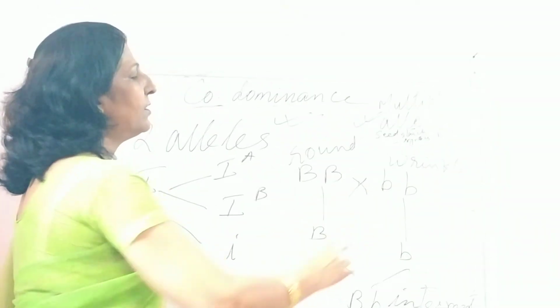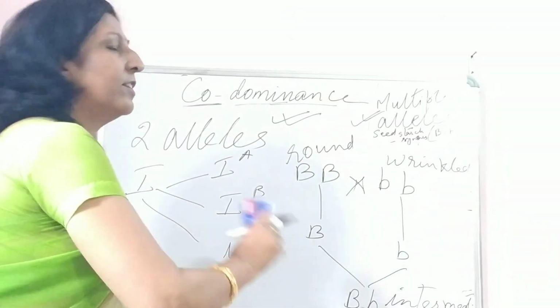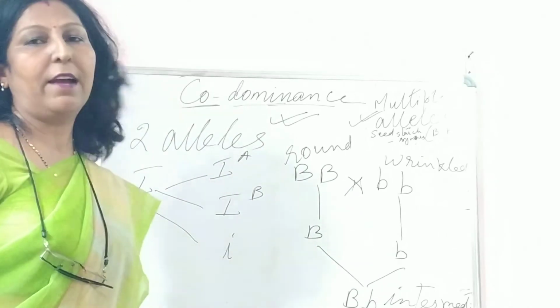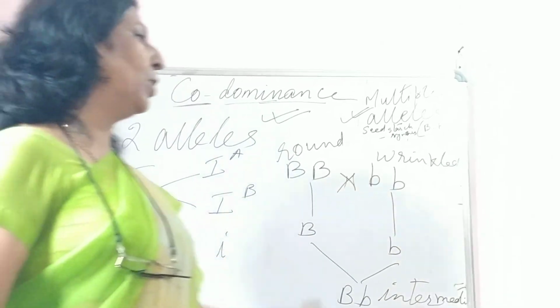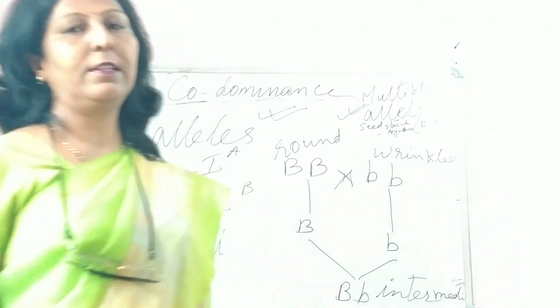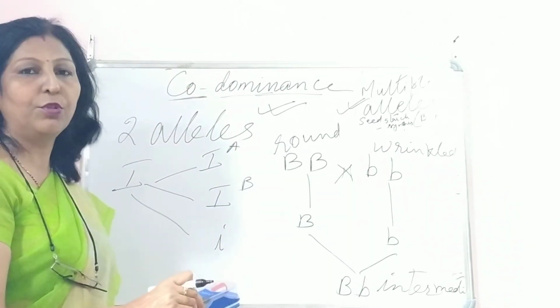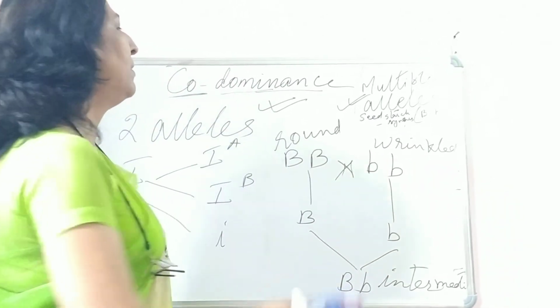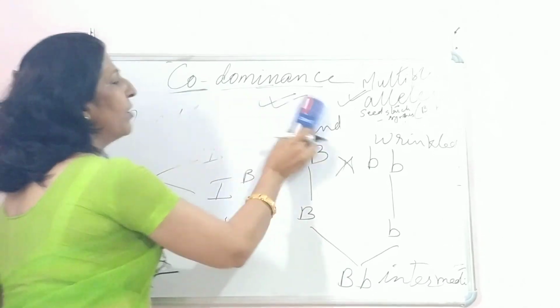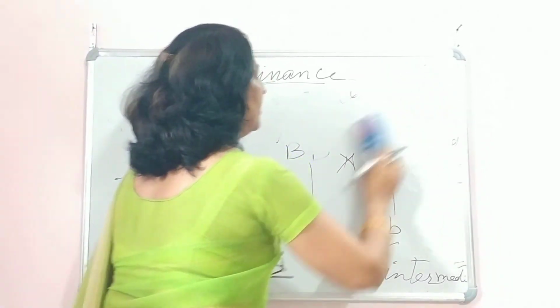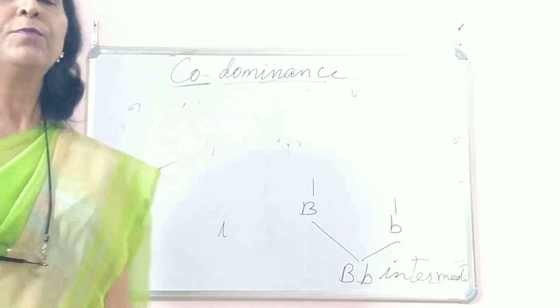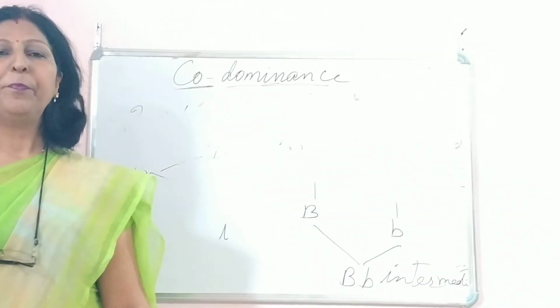So multiple alleles, normally, is when it is not exhibited by just 2 alleles. There is this example also in your textbook. You will understand it better. I hope you have understood over here. Codominance, multiple alleles. So the blood grouping normally is a very good example of multiple allelism as well as codominance. Hope you all have understood.